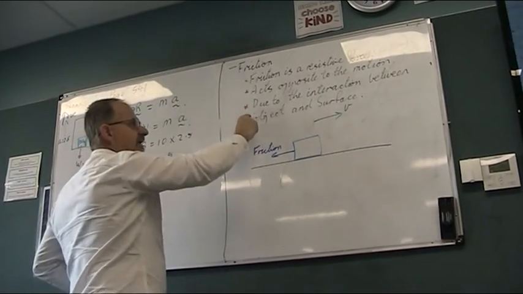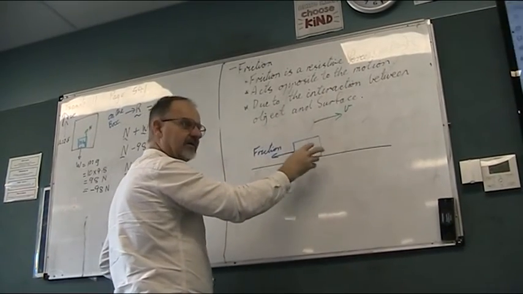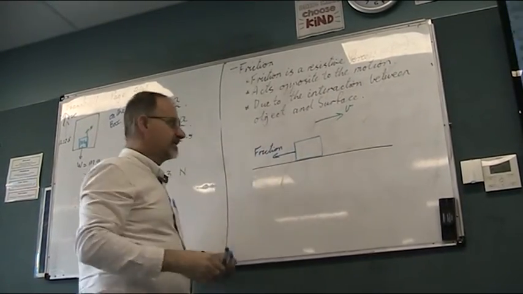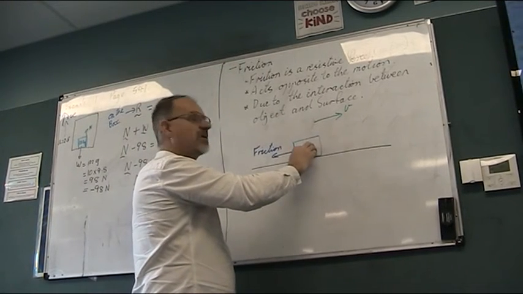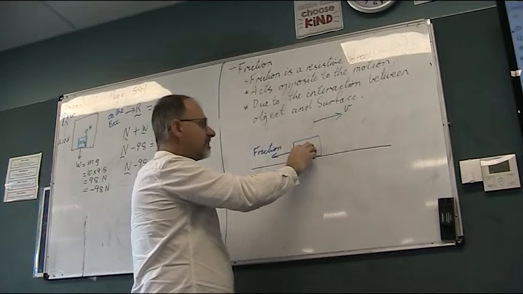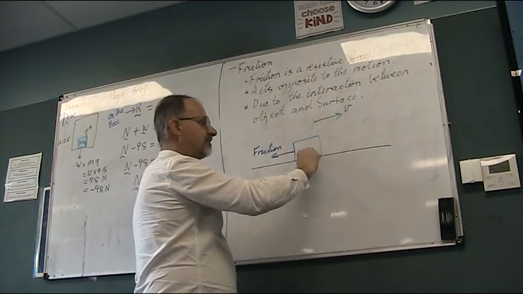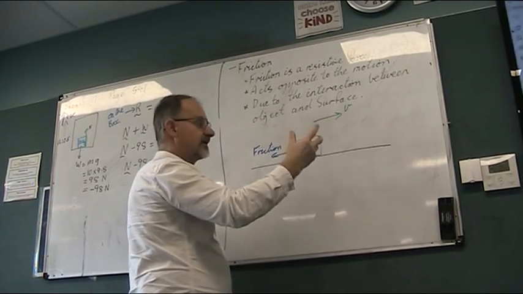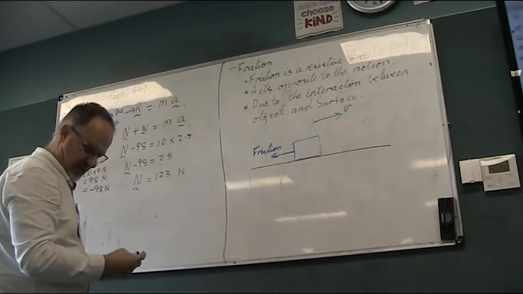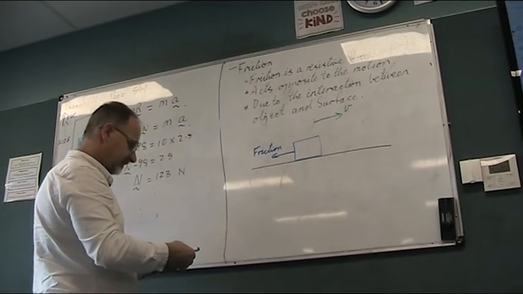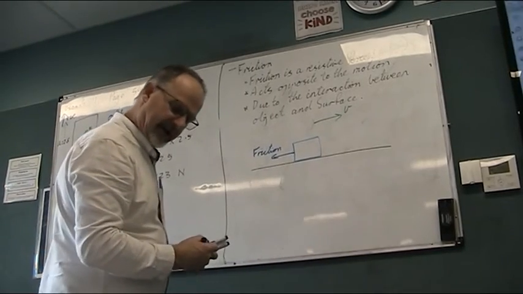Alright, now because it's due to the interaction between the object and the surface, depending on what they are, friction could be more or less. So it could have everything exactly the same in this box. It could be the same dimensions, same mass, but this surface between the two could be different, and so then the friction would be different. So there's this thing called the coefficient of friction, which takes into account that. So friction